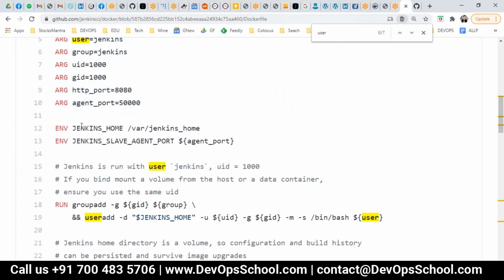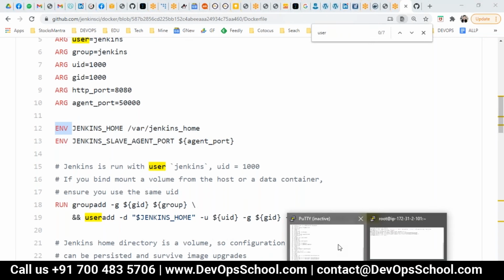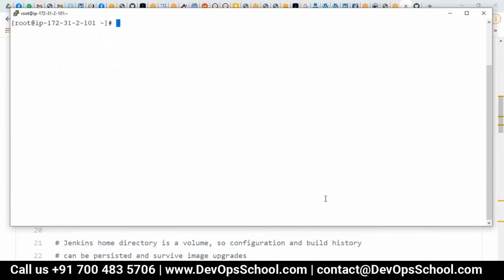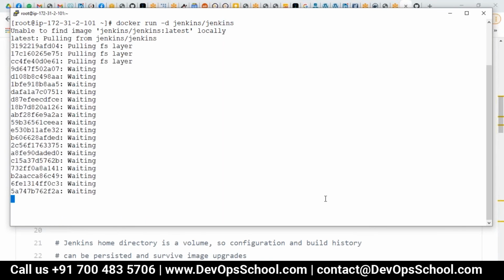Okay. Now guys, here, environment. If you want to set some environment in the container, then you have to use ENV. For example, I don't know how many of you have noticed this one. Let me show you directly rather than talking. See here, docker run -d jenkins. This is the one container I'm creating just for display purposes.